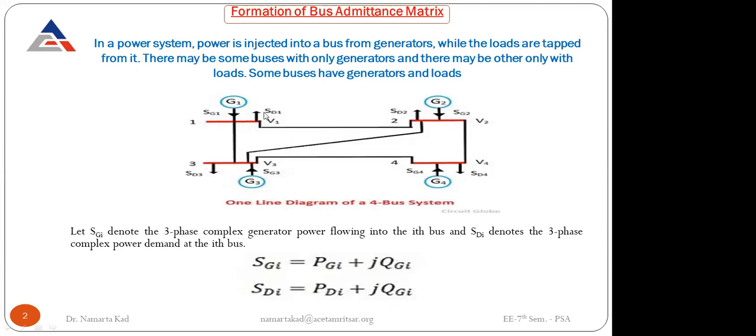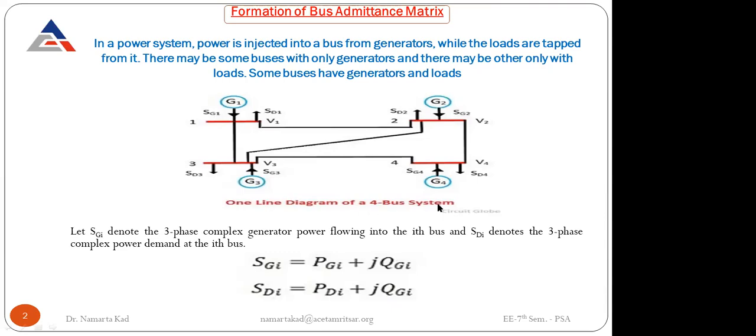And this arrow here represents your demand, your loads that are connected to any particular bus. So there may be some buses with only generators, and there may be others with only loads. As in the next chapter we have to study different types of buses. In some buses only generators are connected, no loads. Whereas in other buses only loads are connected, no generators.